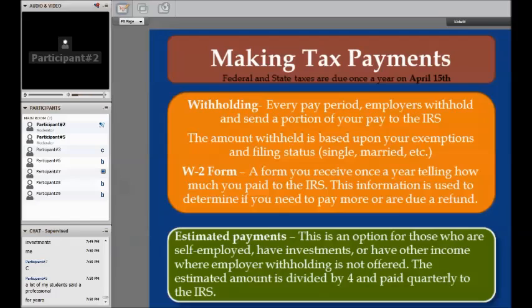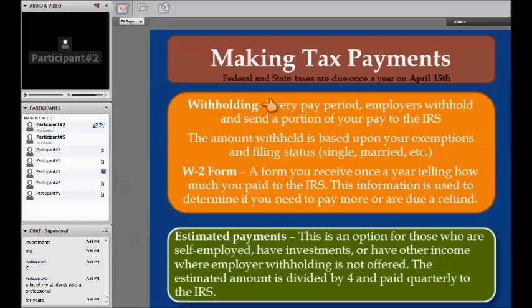All right, we have different ways that you can make your tax payments. Typically, we do like to make sure that we don't owe our taxes when we file our taxes on April 15th. We want to make sure that everything has already been paid, and then that way we don't have to pay a big lump sum at one time. Ways that we do this,